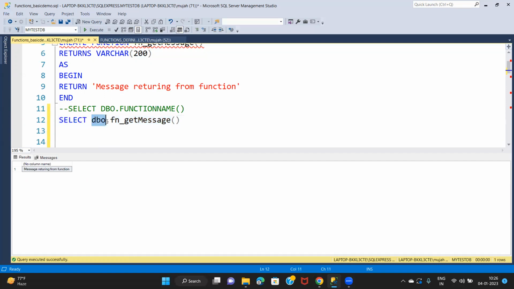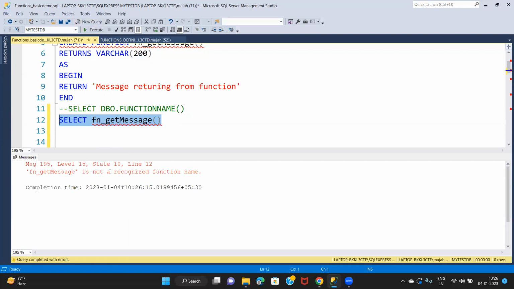If I don't use dbo, it will not recognize it as a function. So this is the syntax of calling a function. You see, fn_get_message is not a recognized function name, so definitely we have to specify the database object, dbo dot